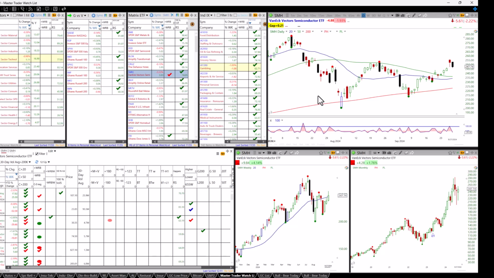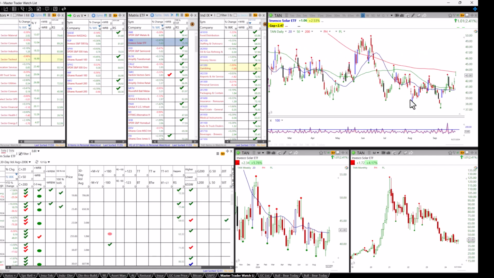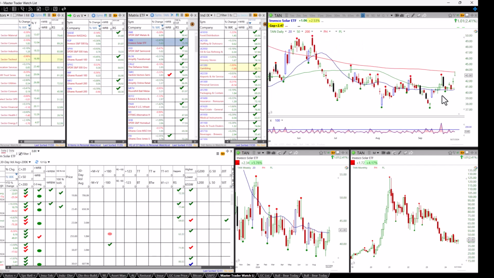So we can look for many, many things in this layout that we've set up and share with our subscribers to be able to do the same thing that I do here. Finding out where money is flowing into, where money is flowing out of, what's showing relative strength, what's showing relative weakness. For example, solar, which has been hated for a long time, showed a little relative strength last week, but who cares? It's up against resistance, and we're not ready for this yet.